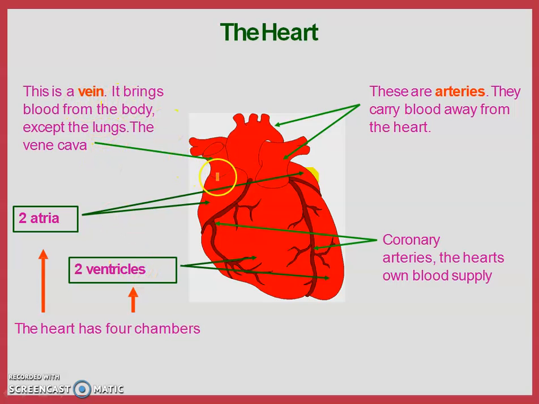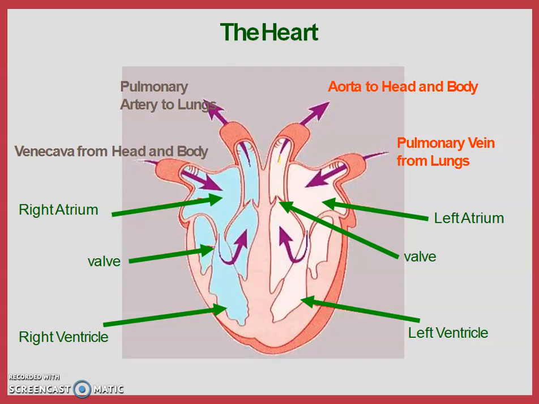Then veins: this is a vein which brings blood from the upper part of the body and the lower part of the body, and supplies it to the atrium, to the right auricle. Then these are the two arteries which carry blood from the ventricles away from the heart into the whole body, into each and every cell. Then this is a heart. You can see here first the vena cava from head and body. It brings impure blood from the head and the body.